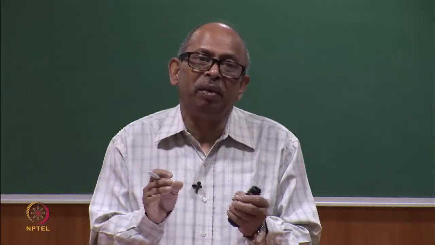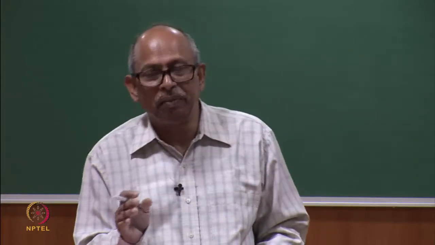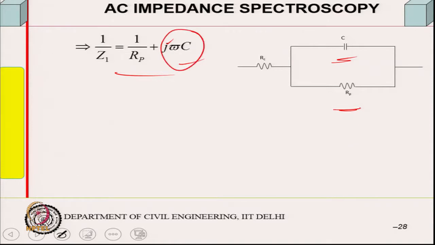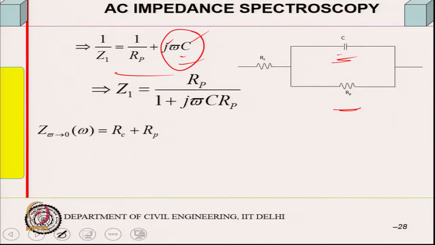So, there is a phase difference, a 90° phase difference, and therefore complex algebra will show this. Here j omega, where omega stands for the angular frequency 2 pi f, and C is the equivalent capacitance of the interface. So, you can write it like this, and overall Z1 one can then write. I am not interested in writing it out.